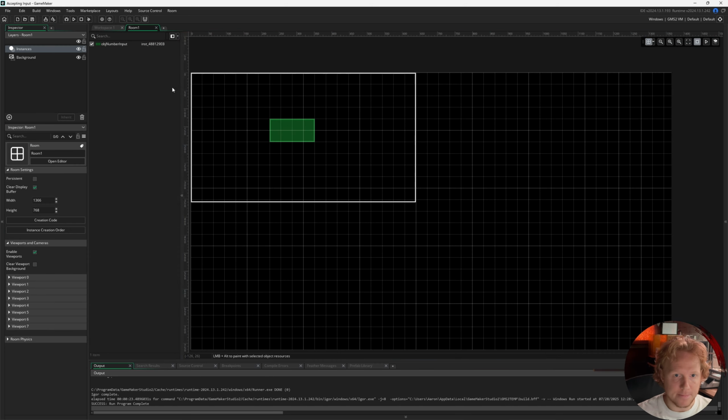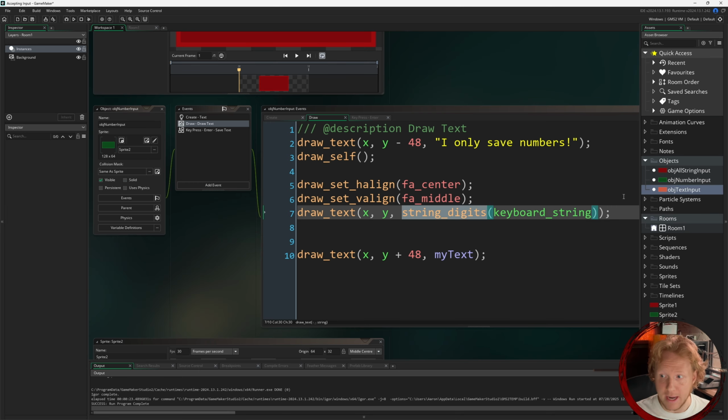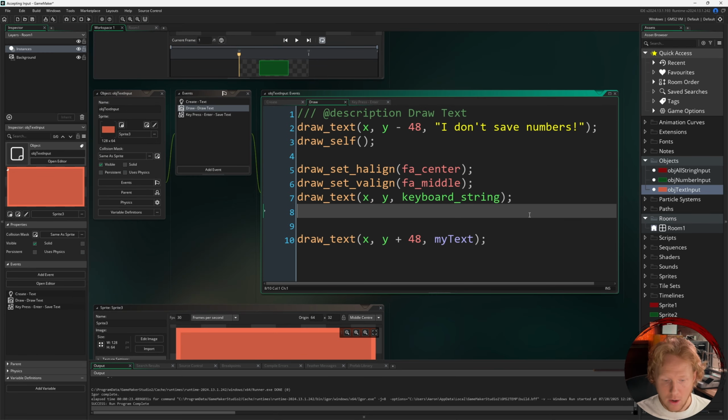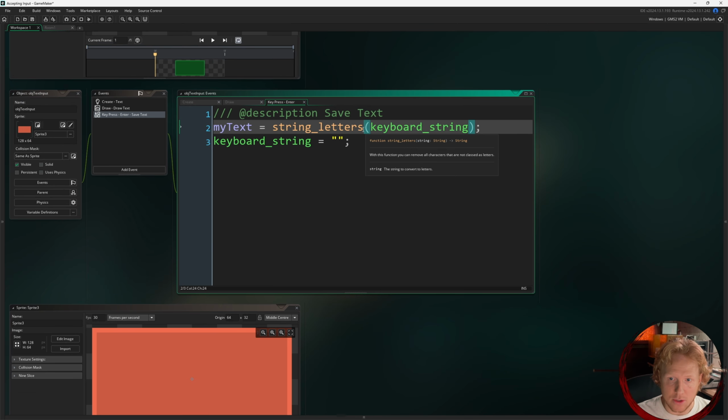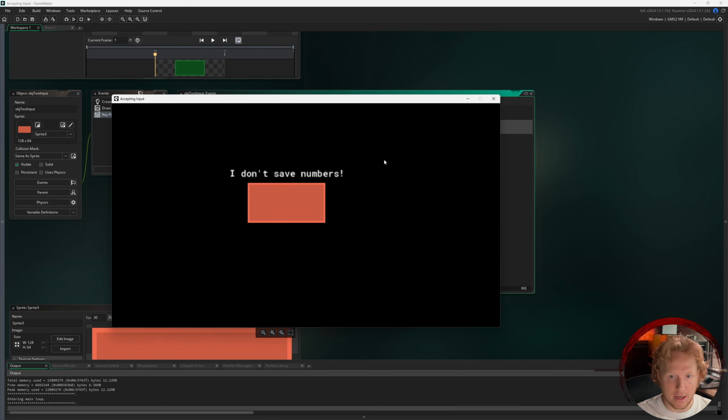Now, the last one is going to be just text. So if you want just someone to put a name in, but you don't want them to have any numbers, well, there's a function for that called string letters, just like string digits, almost the exact same thing. So we come in here. This one doesn't save any numbers. So if I say, hi, mate,